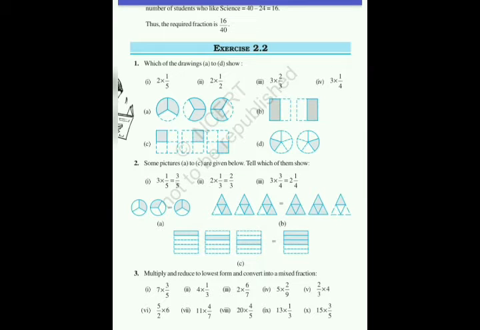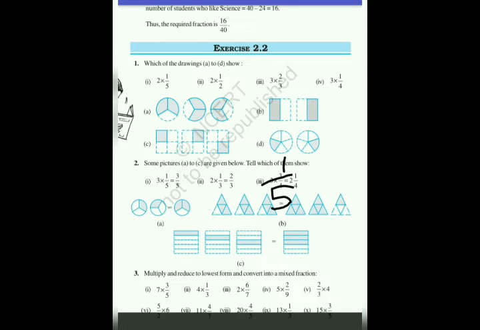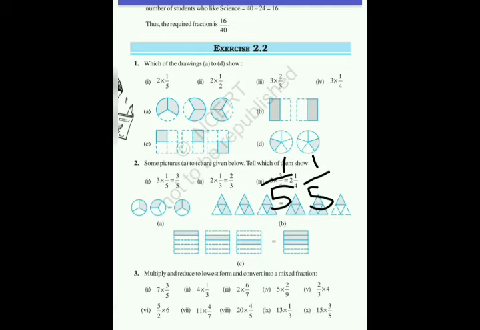Now we take our next figure D. Here the total parts are 1, 2, 3, 4, 5 and the shaded portion is 1. So we can easily write this part as 1 by 5, and also we can write this part as 1 by 5. So now we take 1 by 5 as 2 times. So our answer becomes 2 times 1 by 5. So here 2 multiplied by 1 by 5 is the answer of question number D.